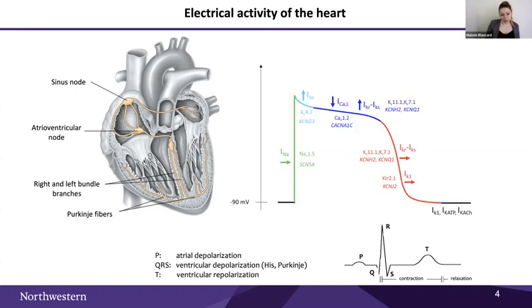I also wanted to go a little bit deeper into the action potential and how it works. You have the first phase here in green, which is the influx of sodium through the cardiac sodium channel. Then you start the repolarization with an efflux of potassium. Then you have the plateau phase. We call it the plateau phase because at the same time you have calcium entering the cell and potassium leaving, so you have this plateau. And then you go back to complete repolarization